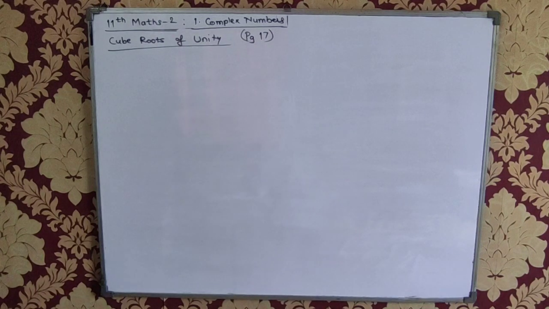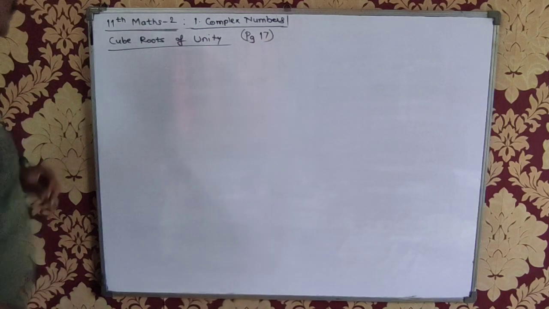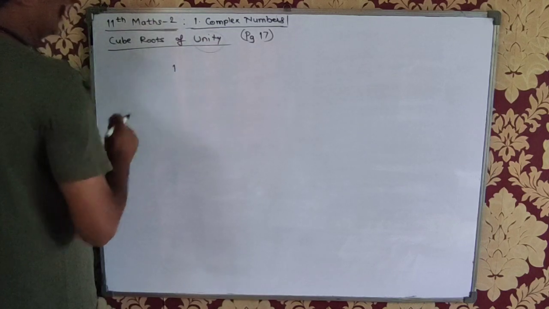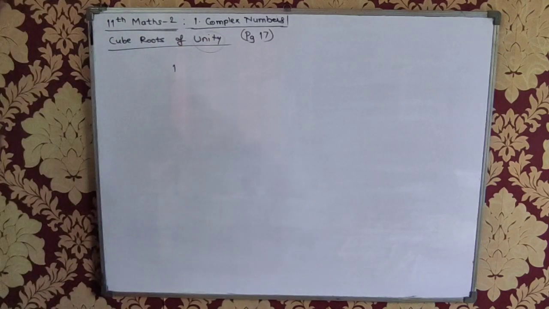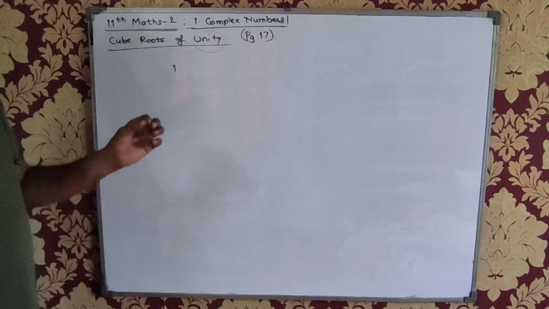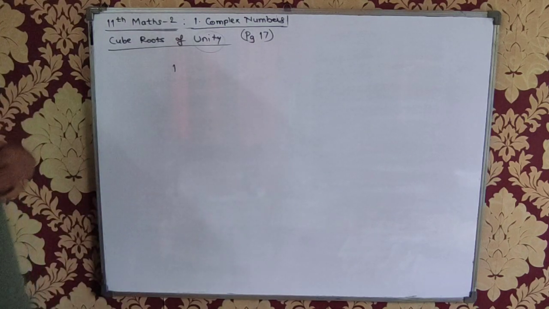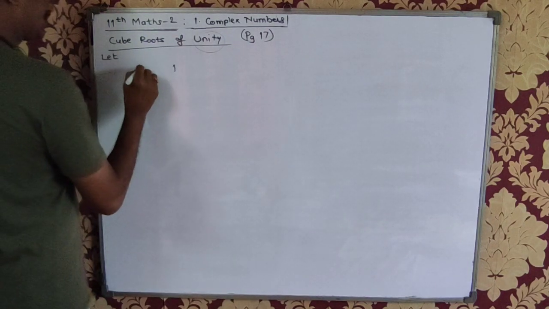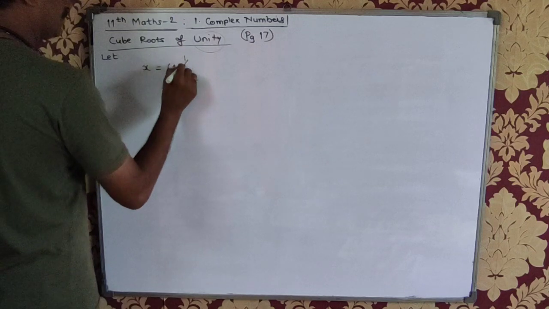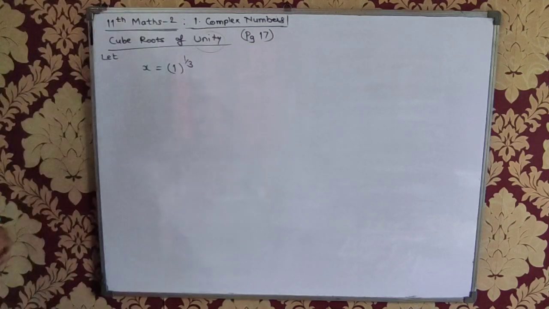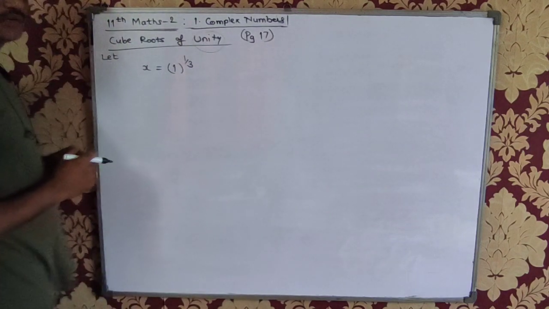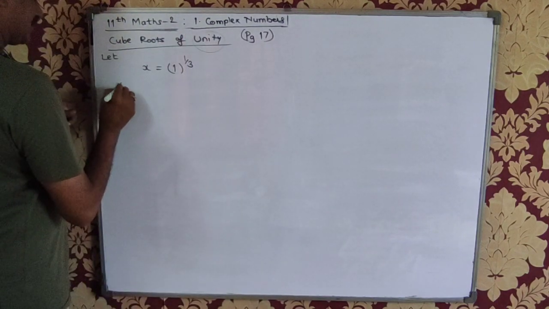Cube roots of unity. One of the very important topics of complex numbers, widely referred. Okay, unity. Unity मतलब one. मुझे one का cube root चाहिए. So somebody will say one का cube root 1 into 1 into 1 is 1. Correct? I'll say, let us say x is the cube root of 1. Okay. So I want to find out the answer for this. What is the cube? x I want to find out. Cubing both the sides. x cube is equal to 1.